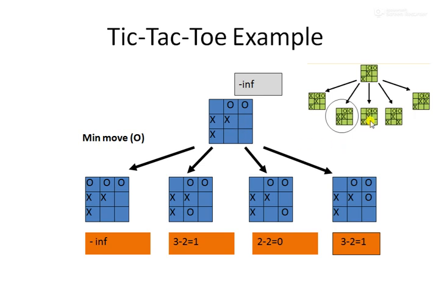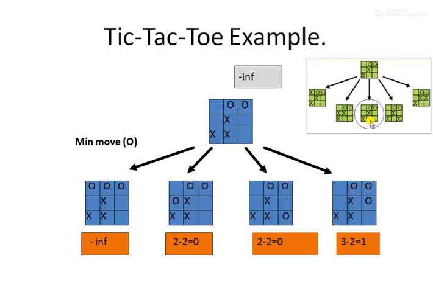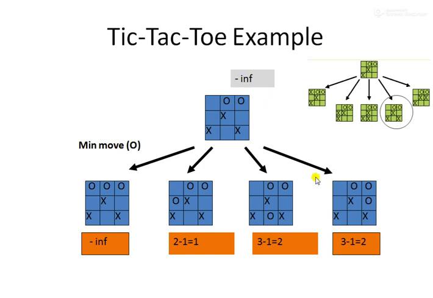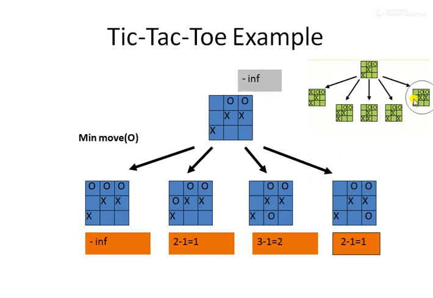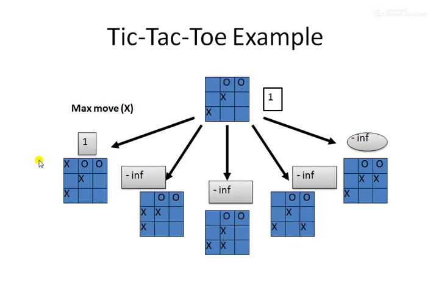Next we have to compute for this. In the next slide we have the calculation here. Again min is going to return minus inf. In this position it is minus inf, and in the last position also it is minus inf. So this is 1 and the rest of the values are minus inf, right? So which move is max going to choose? This is 1, and the others are minus inf. Among these 5 values the maximum value is 1, right?